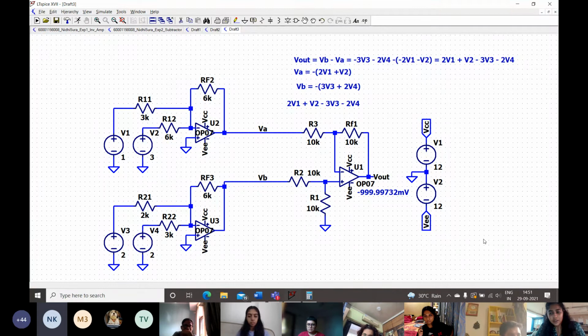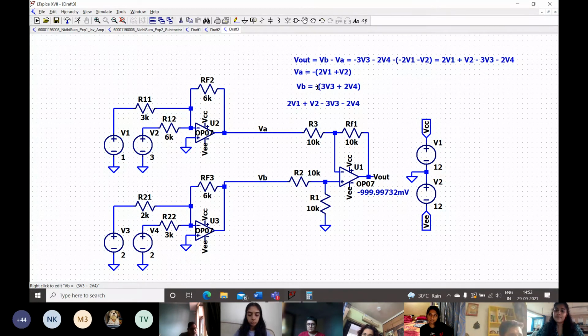If the lower op amp was non-inverting type, then you would probably have to give all the inputs to a summing circuit here. If you want the lower op amp with V3, V4 to be of non-inverting type, that means your VB voltage right here will be positive, so this negative sign will go away. Yes. So in order to satisfy the equation, we need to add in a negative sign again.